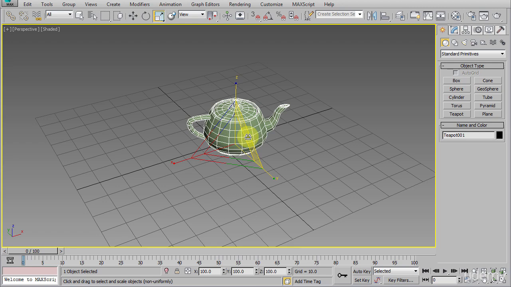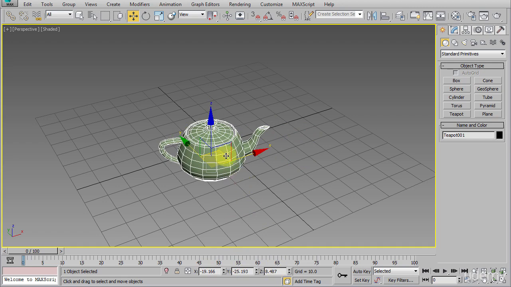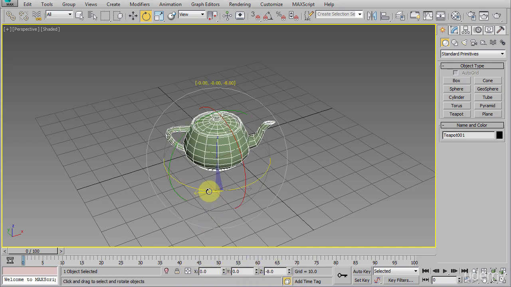Okay, now let's draw our attention to this area down here, where we can find x, y, and z values. And let's go back to the move mode for now. These values actually tell the coordinate or the position of the object in 3D space. Notice if I select the object and move this around, you can see these values change. Now, if we are in the rotate mode, what you will see in this area is actually the rotation value of each axis in degrees. Notice when I rotate around the z-axis, the z value changes accordingly.